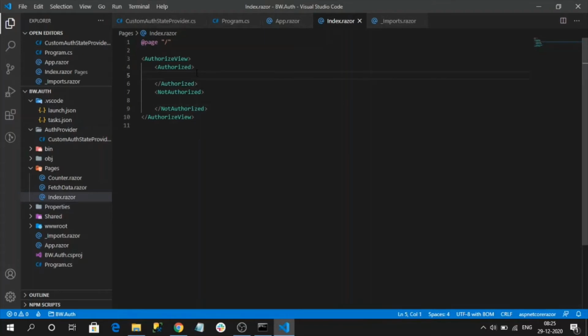So here I want to show some basic authentication.